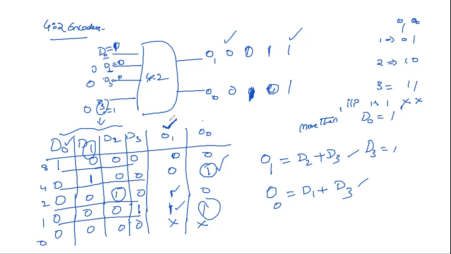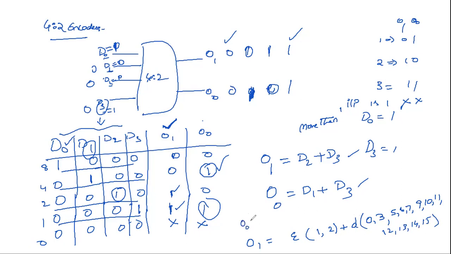Now I have to find out O1. So the O1 expression is sigma 1, 2 plus don't cares. What are those don't cares? 0 is a don't care. 1 and 2 are available here. 3, but the 4 value is 0, so don't include 4, and 8 also don't include. So 0, 3, 5, 6, 7, 8, 9, 10, 11, 12, 13, 14, 15. So the O1 output is this one.